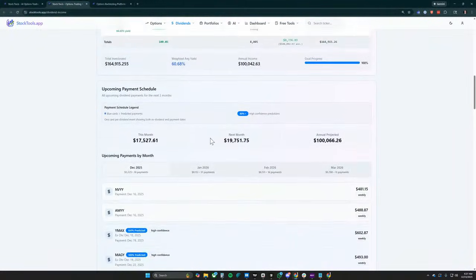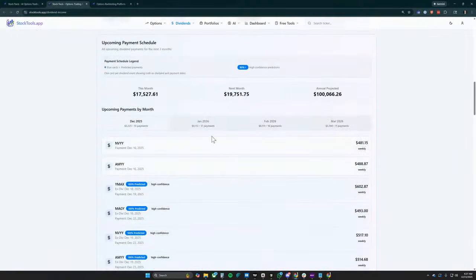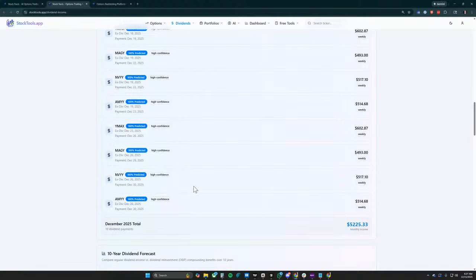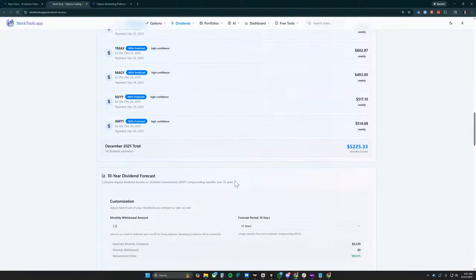I just want to show off one thing about the dividend income feature: I spent some time trying to do estimates for pay schedules and to figure out what your projected payments are going to be. It looks back at the last 4 payments and then tries to estimate what the future payments are going to be, if you did have that amount. You can see we have high confidence for when these payments are going to come out, and that they will be around those amounts, hopefully.